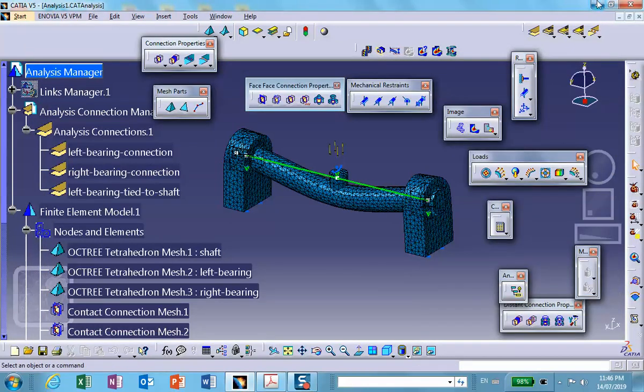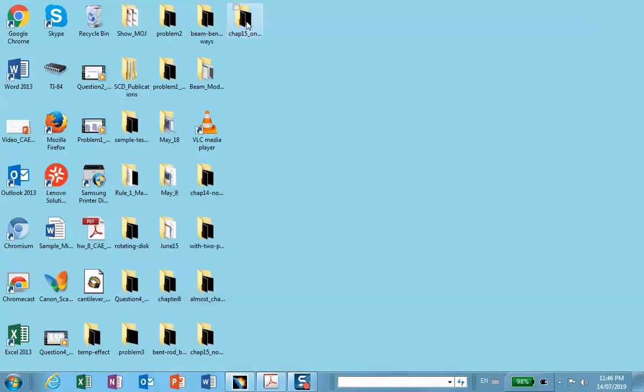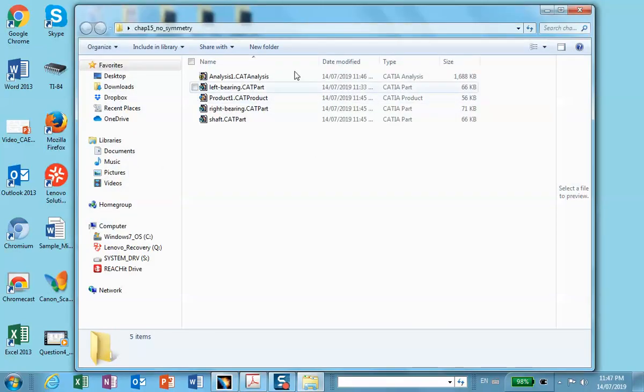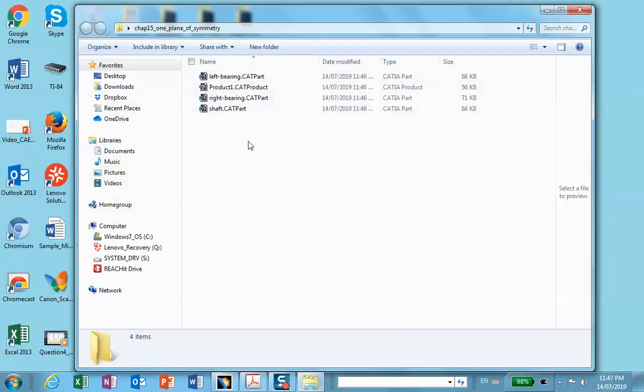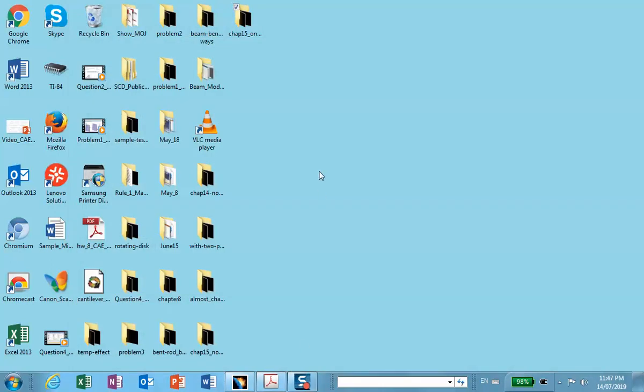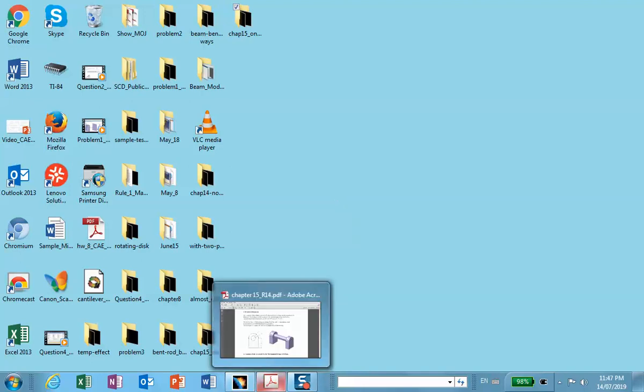So I have a folder. This was no plane of symmetry, which we just did. Analysis file is also in it. This one does not have any analysis file because all it did was to put the product, and because of the propagate directory, it also puts the parts there. So I'm going to stop the video segment here, and we're going to do the one with the plane of symmetry in a different one, because I don't want these to be too long in case things